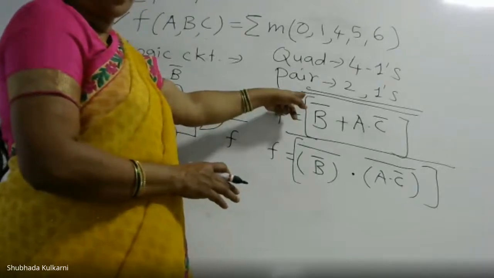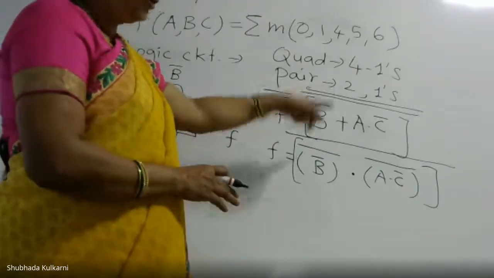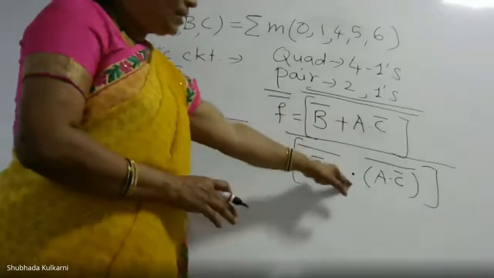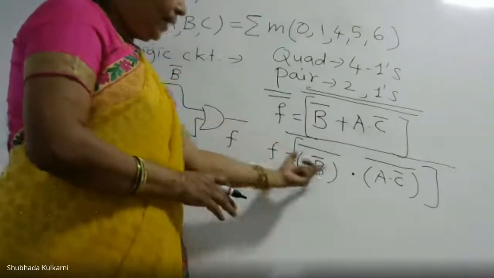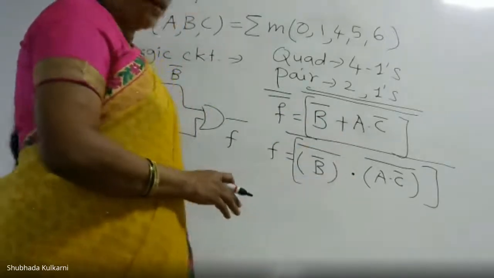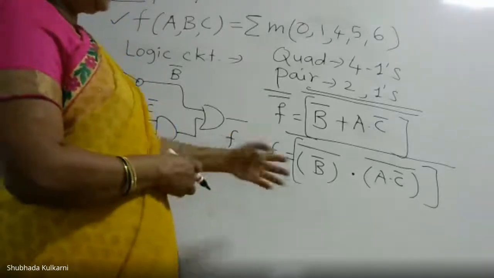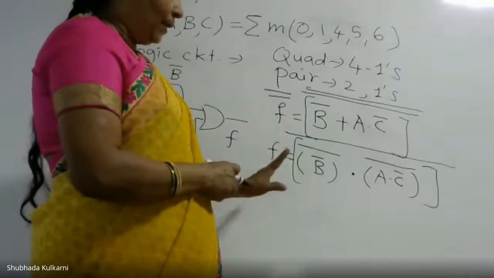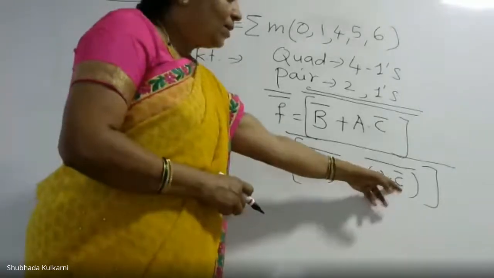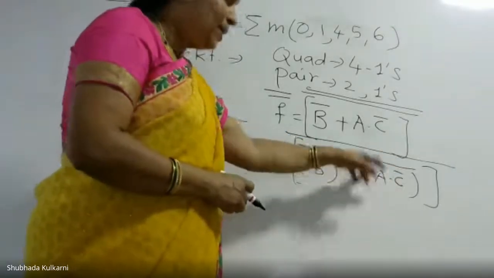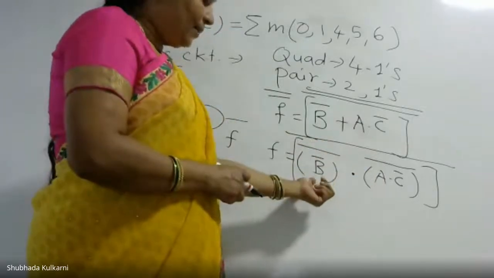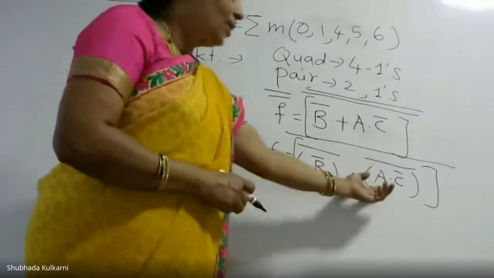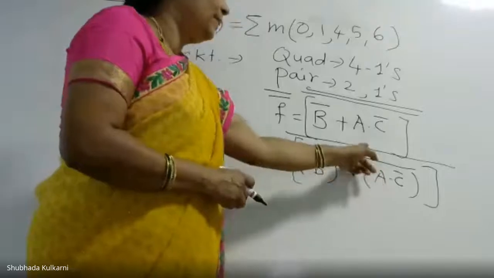What is De Morgan's theorem? If there is a complement of a whole bracket, plus is replaced by dot, dot by plus, and each product term is complemented. Now after this, look at the expression. This B double bar is B, no problem. But what about this? A dot C bar complement, you need to replace by NAND gate. If I say this variable is P and this is Q, P dot Q complement, one more.